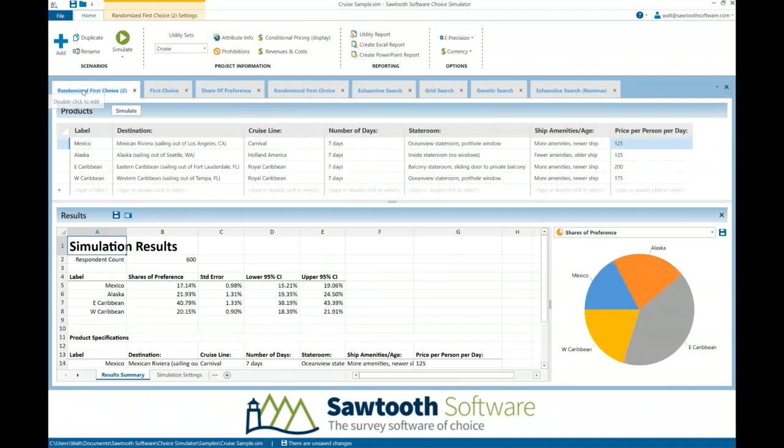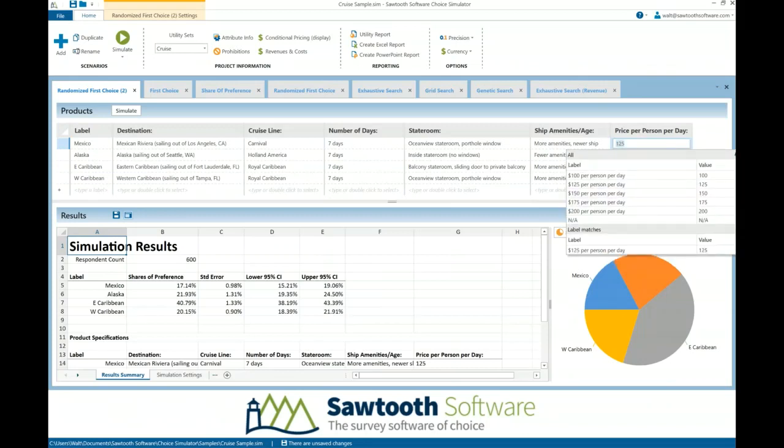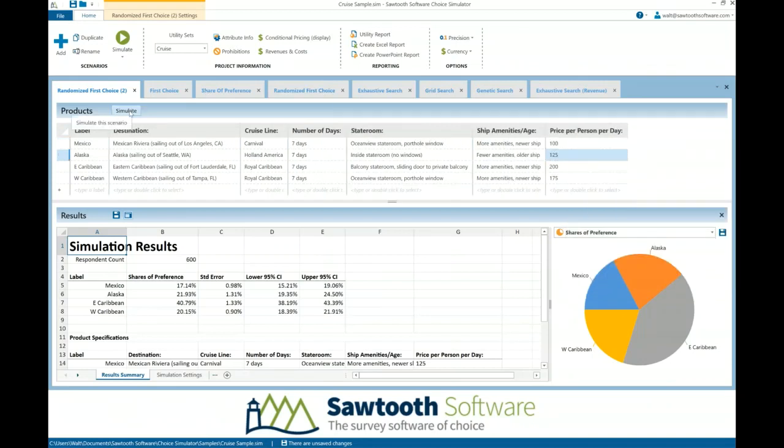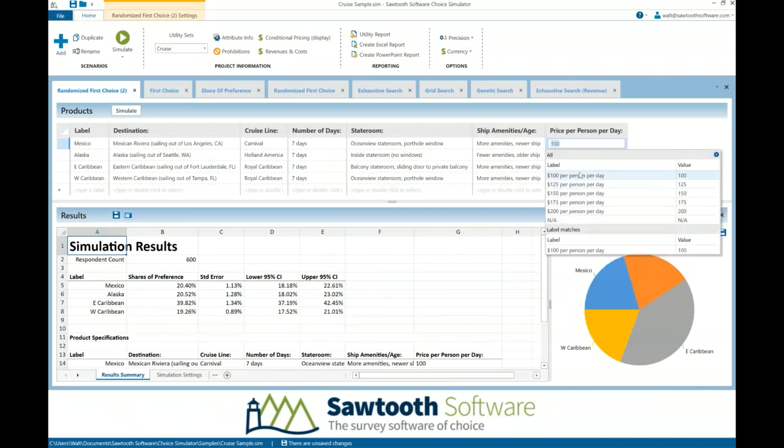So you can see that I can play with my pricing here and look to see where a good price might be. If I go down to 100, oh, I can go up to 20%, but you know what? I may not be ready to go to $100. That might be just a little too cheap, it might be below my cost. Can I look at something in between? I didn't have this as one of my levels, but maybe I want to try